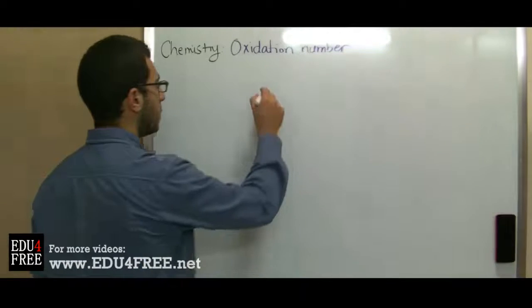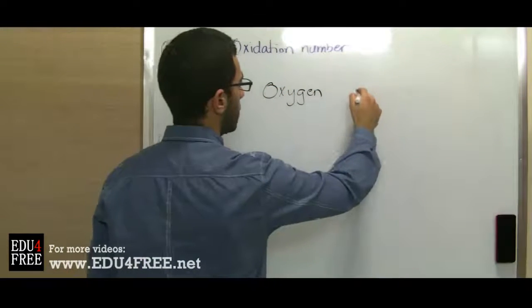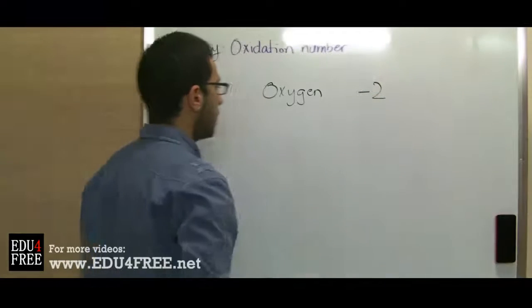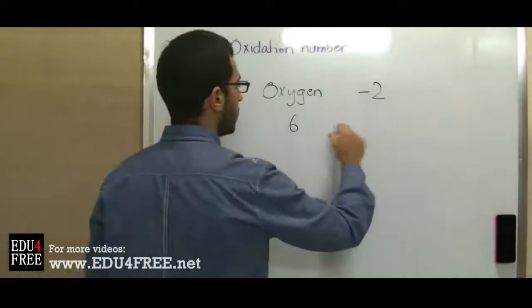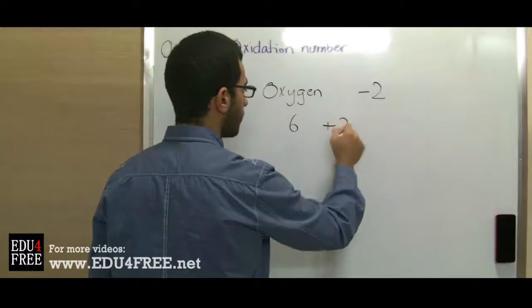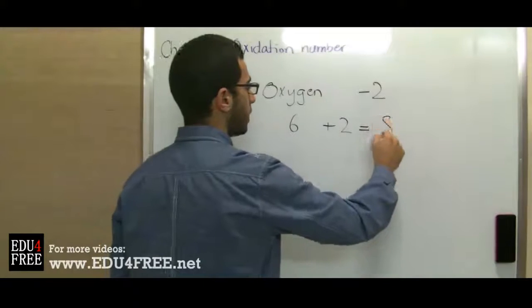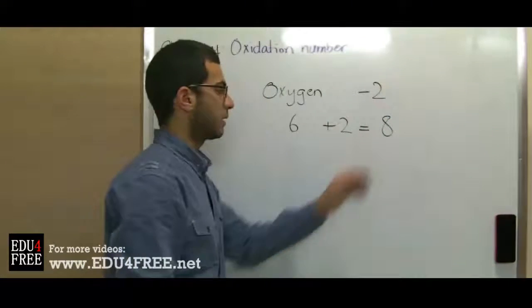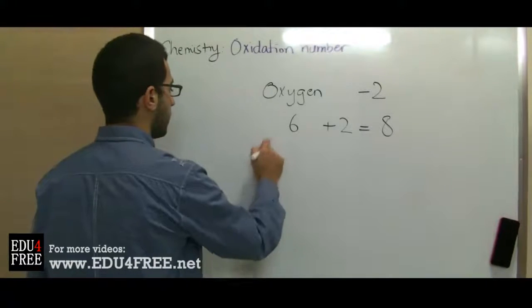For example, the oxygen, as we have just said, its oxidation number is negative 2, because the outermost energy level contains 6 electrons, and we need 2 more electrons so that the outermost energy level will be completely filled with 8 electrons. For example, hydrogen peroxide, which has the chemical formula of